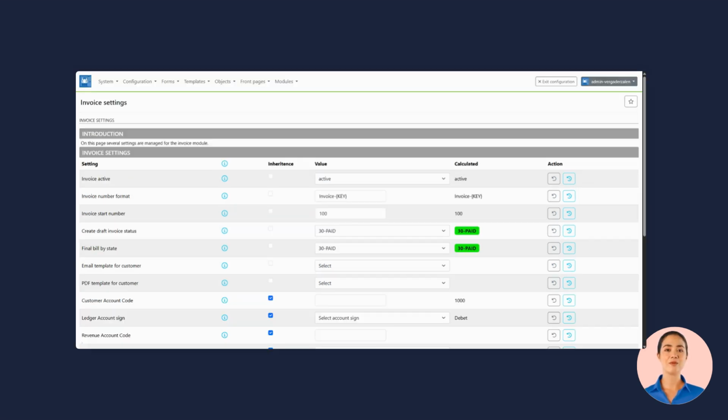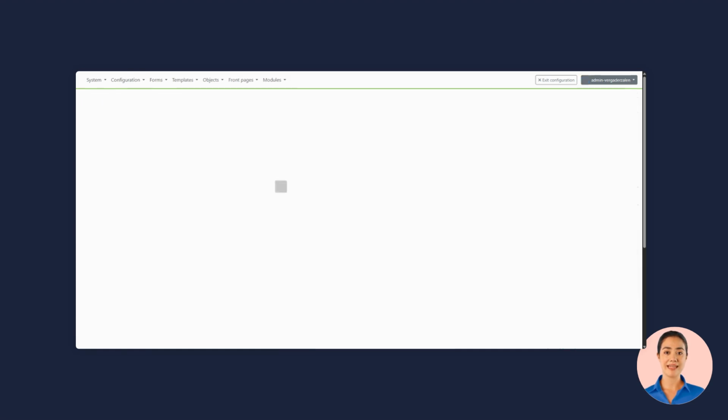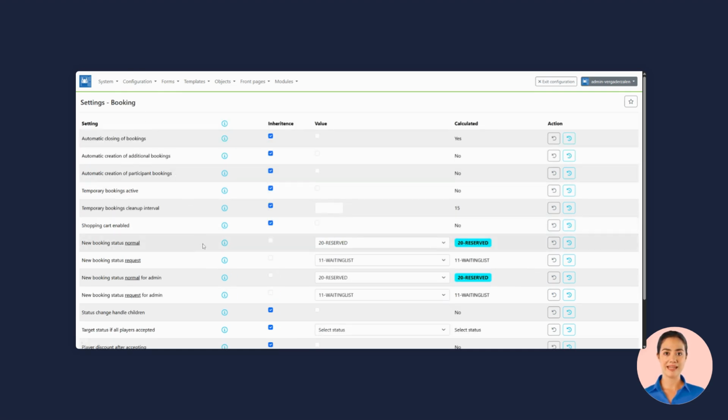The last settings we will discuss are the Create Draft Invoice Status and the Final Bill by State settings. Create Draft Invoice Status can be used to immediately create a draft invoice when a reservation is made by a customer. To do this, choose the status you find under Configuration and then Configuration Booking for the setting New Booking